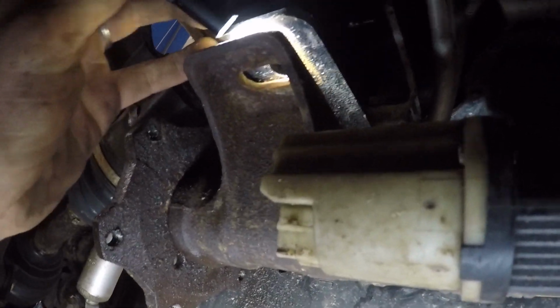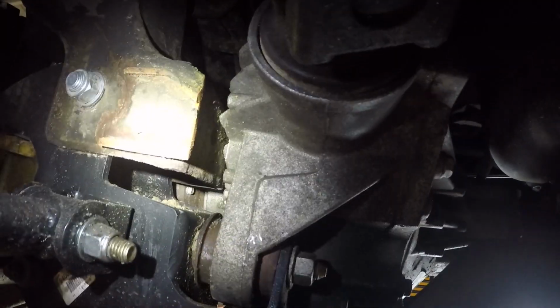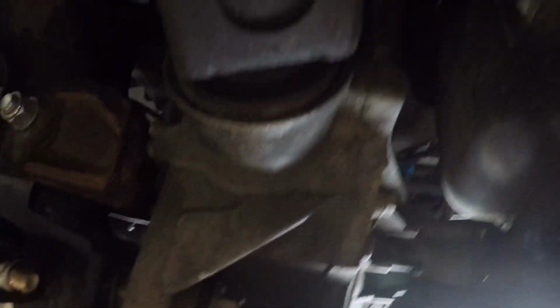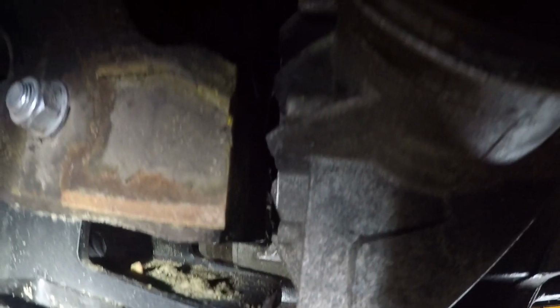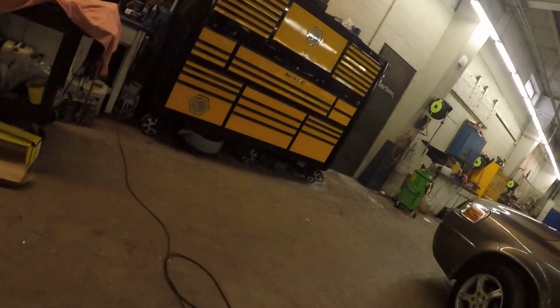As you can see here, my diff did not drop down. It will not come out, but it should drop down a couple inches. Mine did not because of the lift here. It's supported by a lot more. Mine's supported there. Factory ones are supported here, where you see I have that all cut off. That's where the stock, that should be right here. But this here is now dropped down. Mine is definitely supported a lot sturdier. It does not just